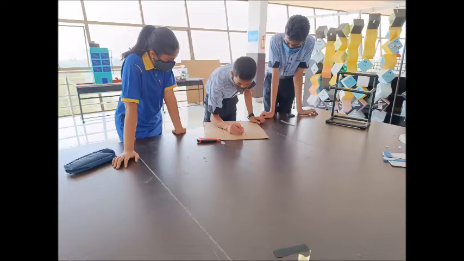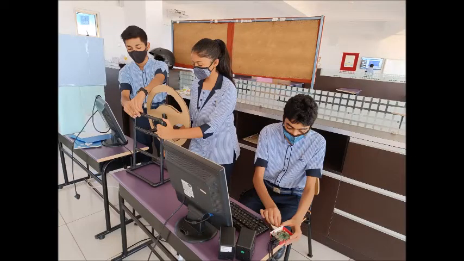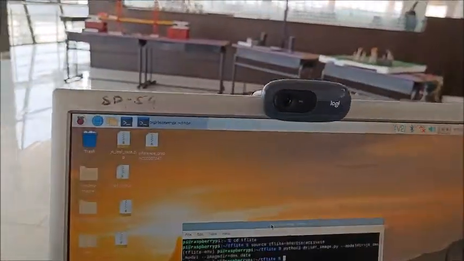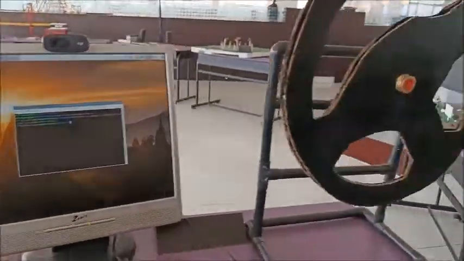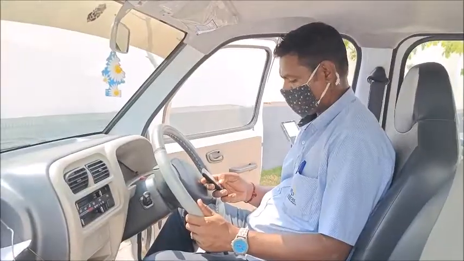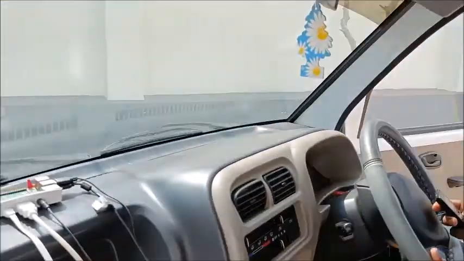Plus, we started brainstorming on the problem and got some ideas on how to build an AI driver monitoring system. Then we started designing and building a prototype car using cardboard. We took a PVC pipe to make a steering wheel and discussed where to place the camera module and Raspberry Pi in the model.